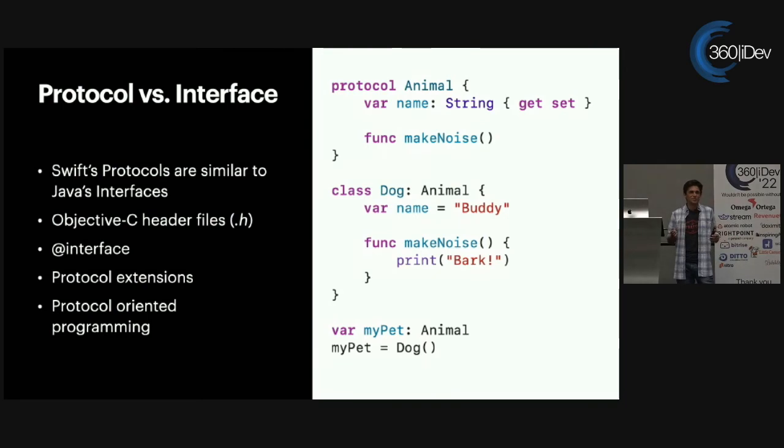But that doesn't really answer the question of why we call these protocols when everyone else calls them interfaces. And the answer, again, goes back to Objective-C messing things up for us. In Objective-C header files, those .h files, you're going to see @interface absolutely everywhere. Every time you define a class, you are using that @interface keyword. So to call something new also an interface, now you have two things that are both kind of interfaces, and it gets all confusing for no good reason.